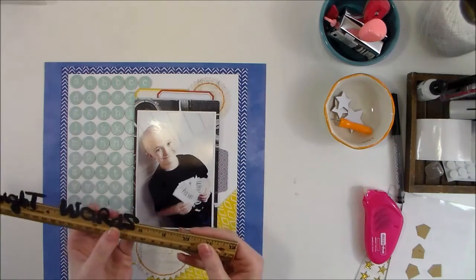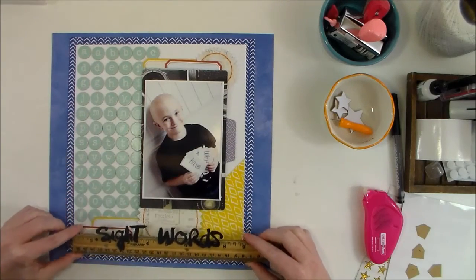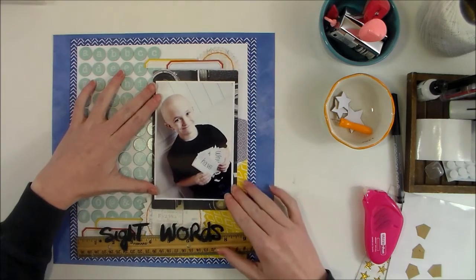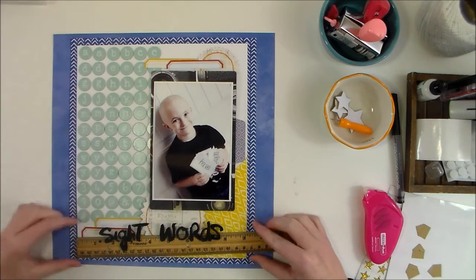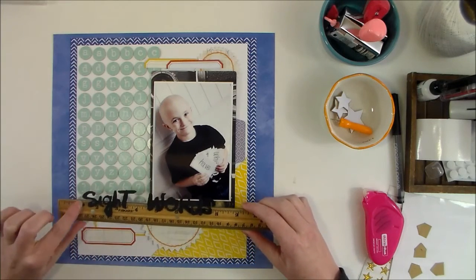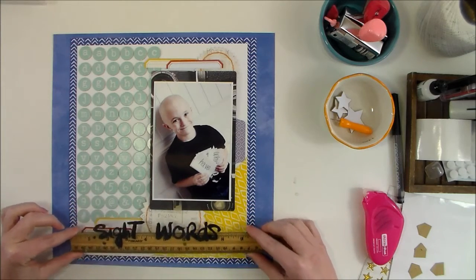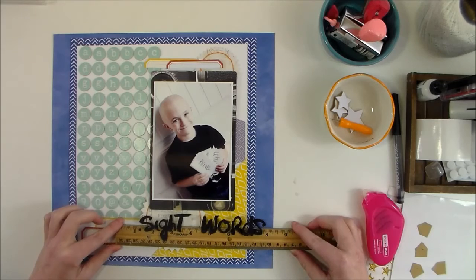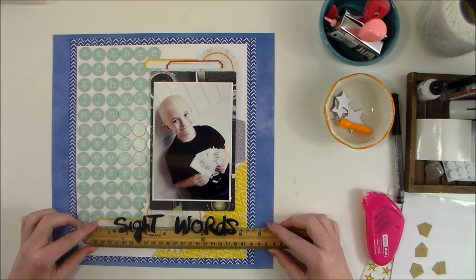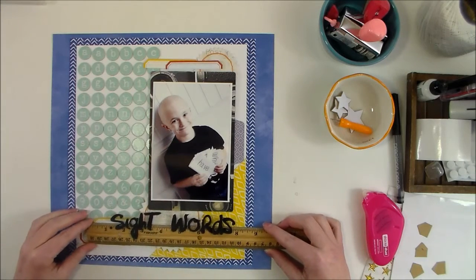And I've got my title here. The title of this layout is Sight Words, because that's what my son was working on, was his sight words. And just to save time, I've put the thickers out here just so that I can check placement and get them placed quickly. And I think I've got a bigger gap here than I want,